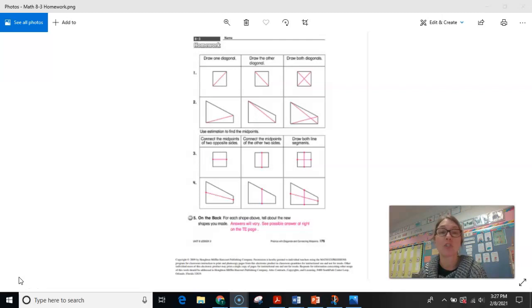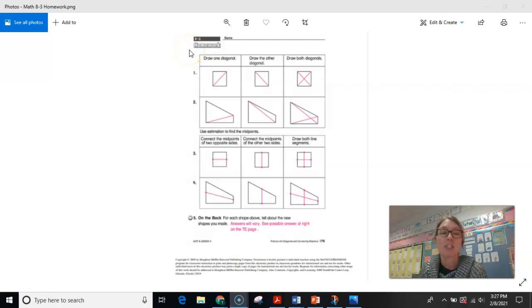Today we are on 8-3. You should have a blank sheet in your Seesaw as well as the video. So just do what you've been doing, and like I've said before, we will have time to practice and go over these learnings in class so you get more practice. Alright, so